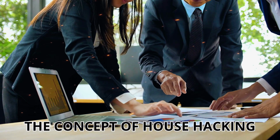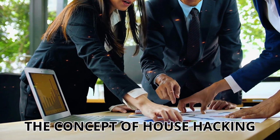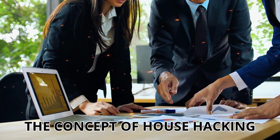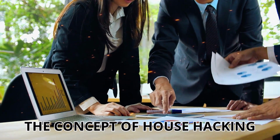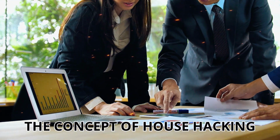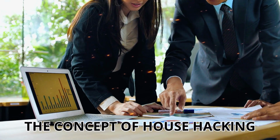The concept of house hacking. House hacking isn't just a trendy term. It's a proven strategy to live cheaply while building solid wealth. It works because it turns the biggest expense most people have, housing, into an asset that puts money in your pocket every month. And the best part, it takes advantage of something most people overlook, which is the easier financing